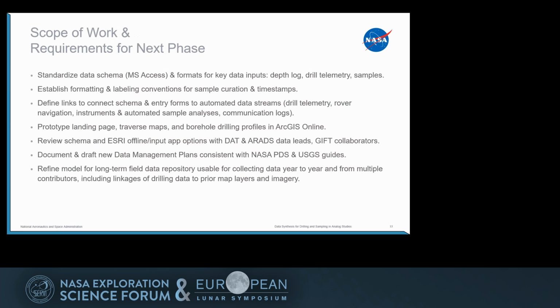Currently, we're working on formatting and labeling conventions and the mundane details that allow us to link to that drill telemetry, and working also with the software itself that controls the drill to gather those reporting functions and merge that data in automatically. I believe I'm close to my time, so what I do want to say is that we're very eager